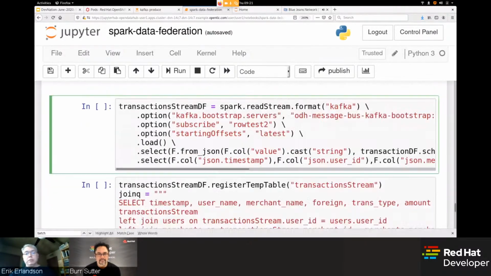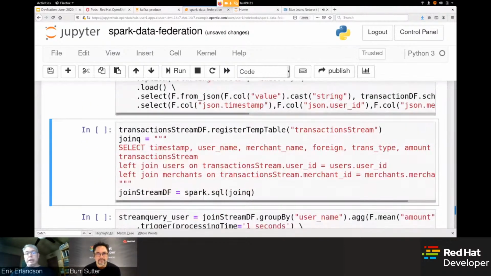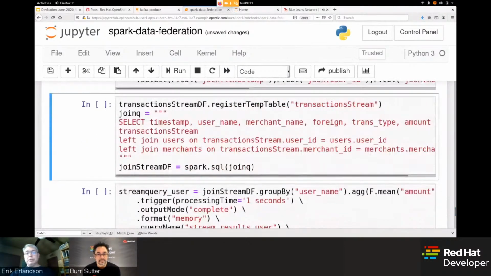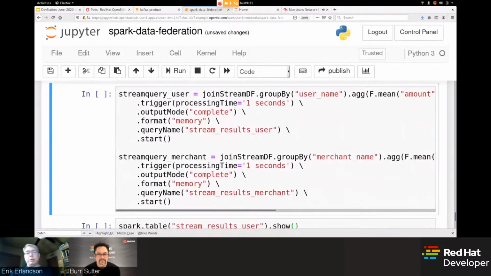and I can then start up this stream. And again, I can register this as a SQL table. So even though it's streaming data, I can apply standard SQL that looks exactly like the SQL up above. And I can create streaming queries.